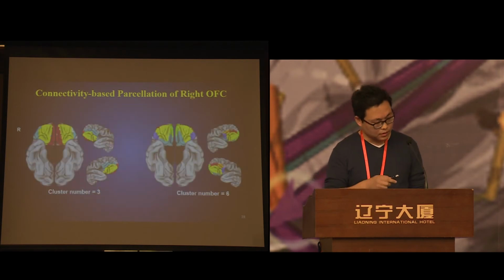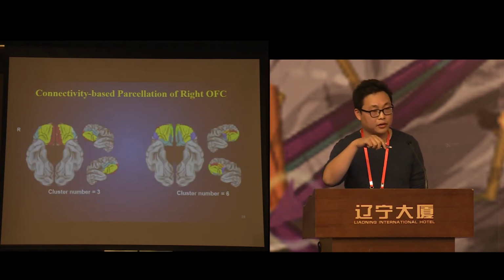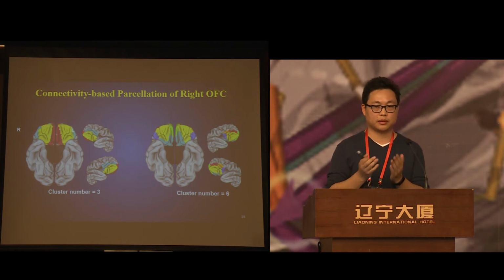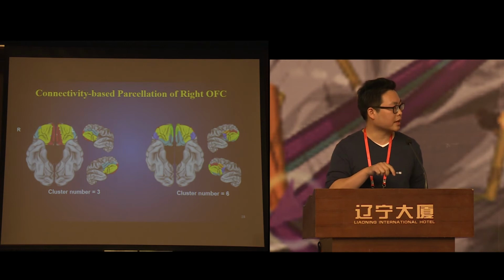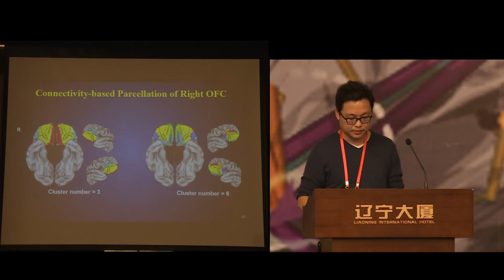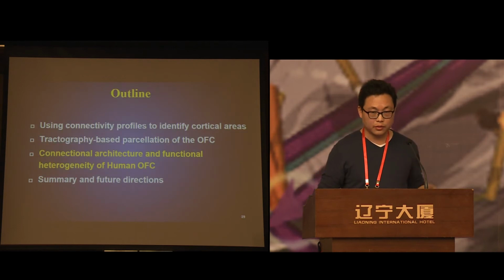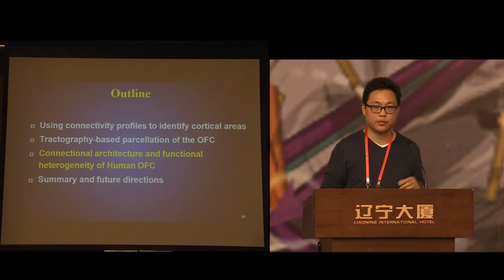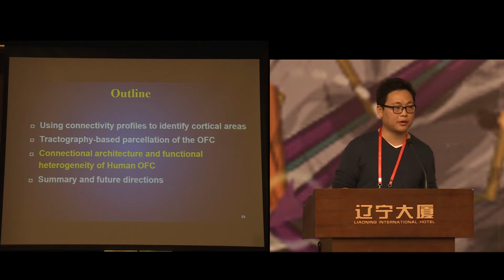So also, I think this is a hierarchical atlas. There's a symmetry between these two hemispheres. We got 3 in this region and 6, very symmetric in the parcellation results. So then, once we got the parcels in the orbitofrontal cortex, we want to map what about the connectogram or